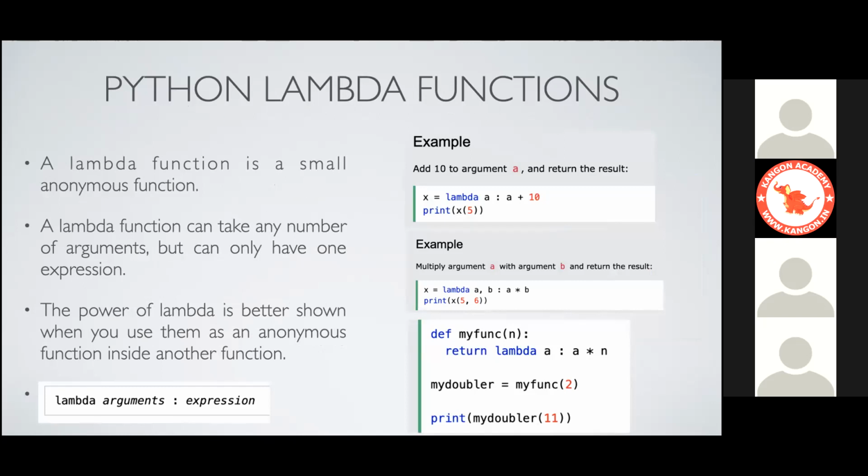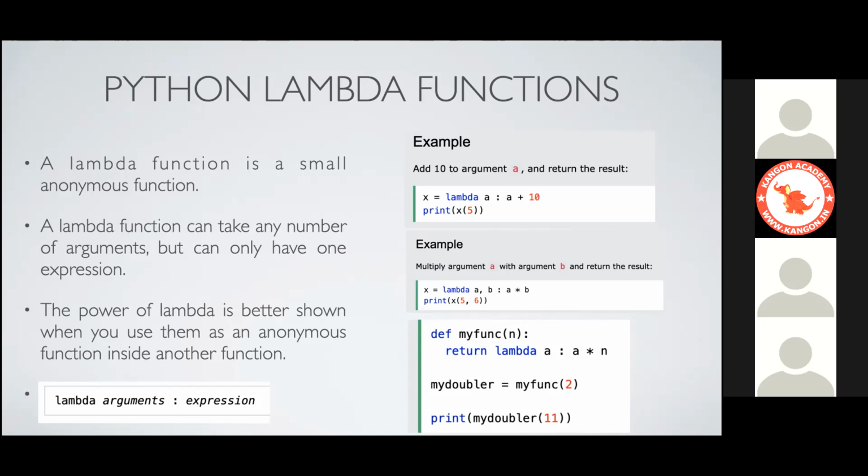This is the beauty of lambda function. It is an anonymous function. It does not need to have any name. It only has an argument and one expression. Only one expression. That argument, or that number of arguments, will be given